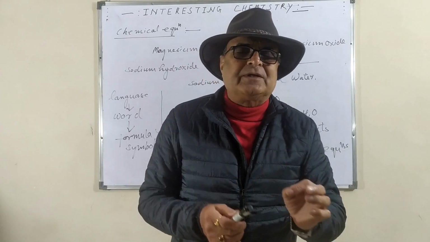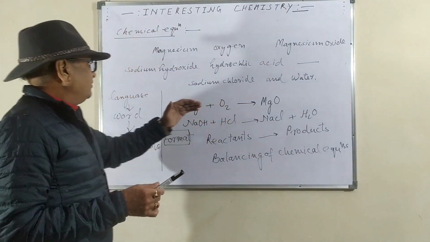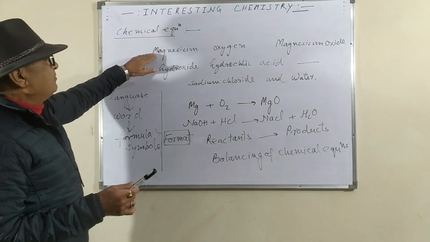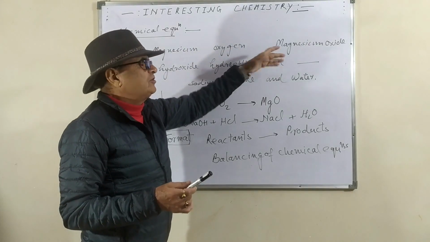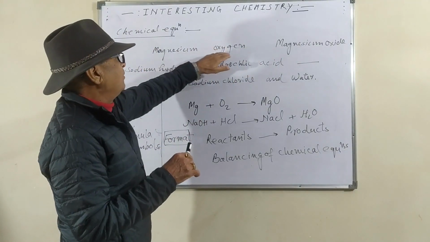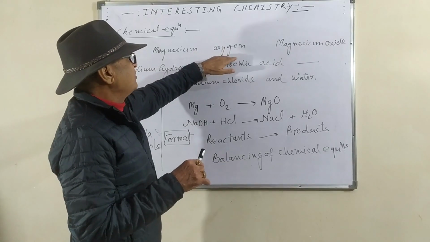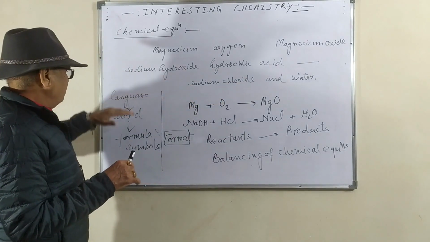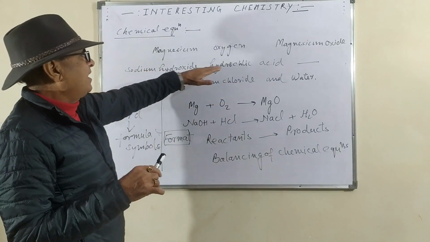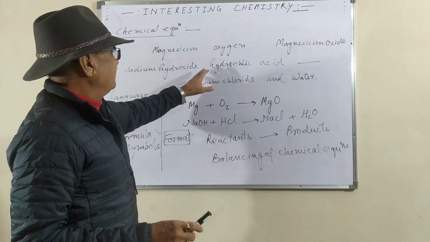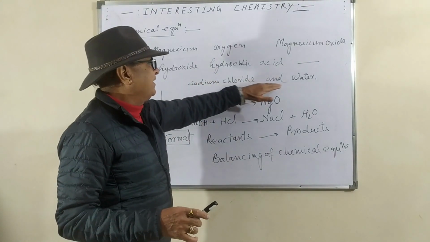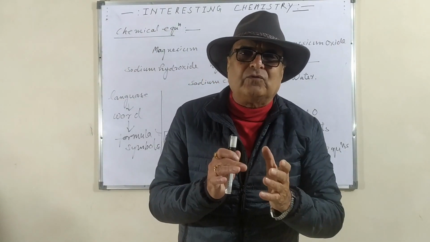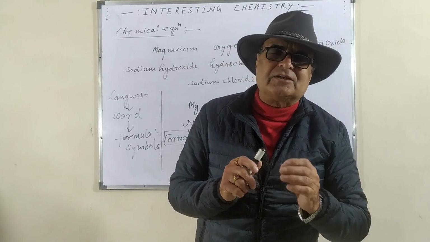To make it short, to describe a chemical reaction, we can take the help of words. We can write magnesium, oxygen, then magnesium oxide. So magnesium and oxygen react to give magnesium oxide. In the same way, in the word method, sodium hydroxide and hydrochloric acid react with each other to give sodium chloride and water. But to find another, shorter way to describe the chemical reaction, we will